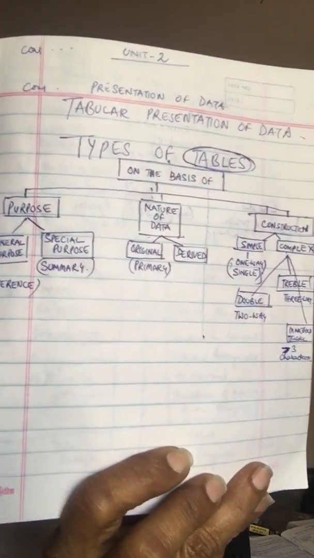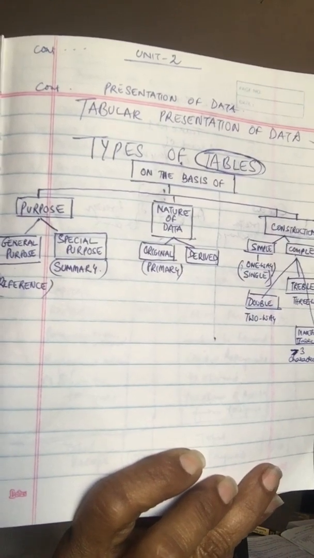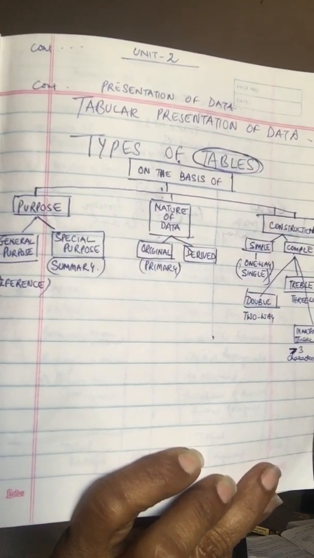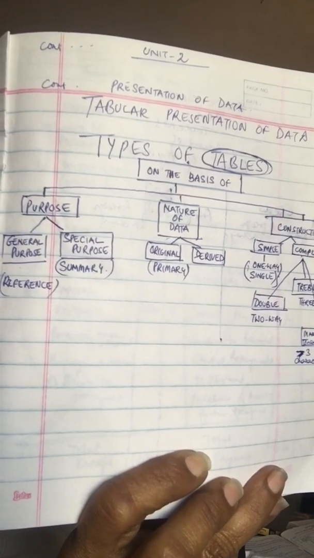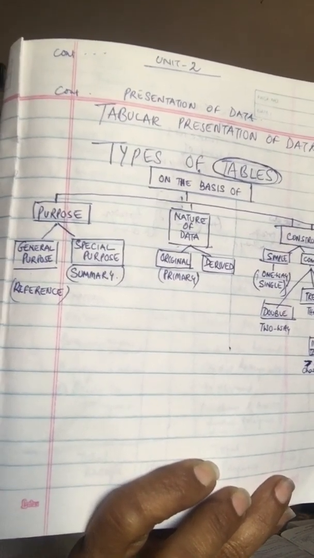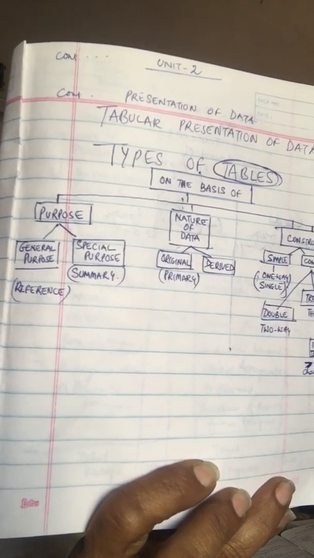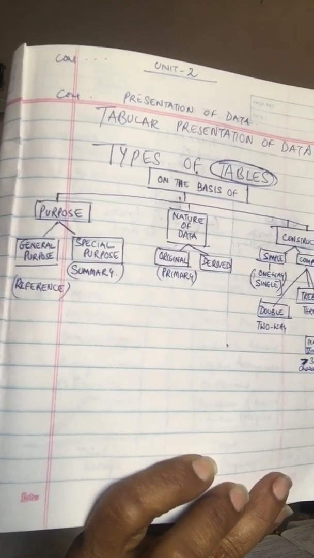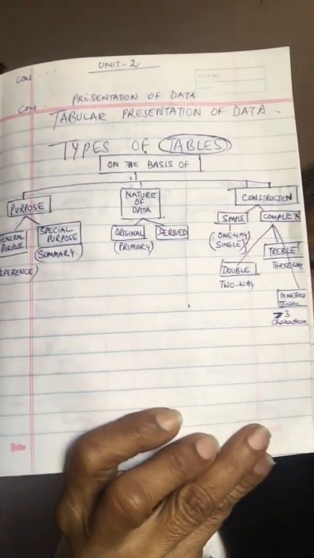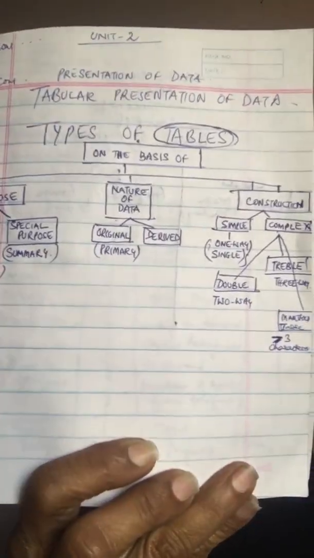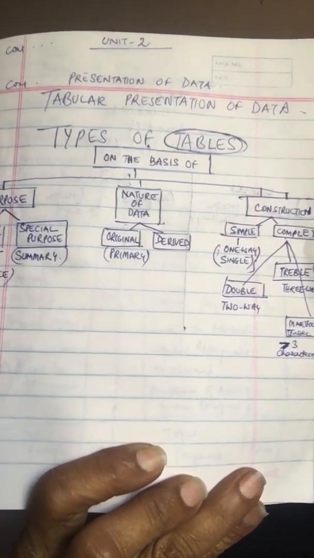Okay. Now coming to the basis of construction. On the basis of construction, we have what is known as simple tables, which show only one characteristic of data. Such tables are also known as one-way or single tables, and they are very simple to understand. So these are the simple tables. The second is what is known as the